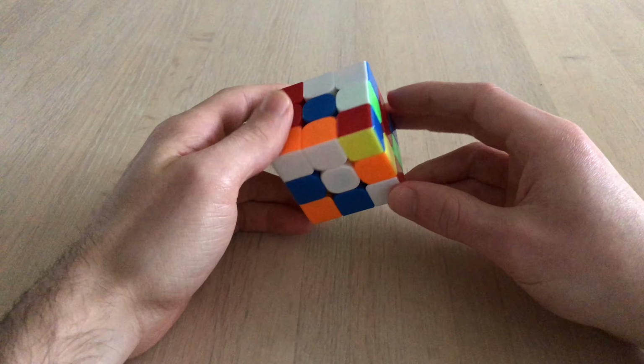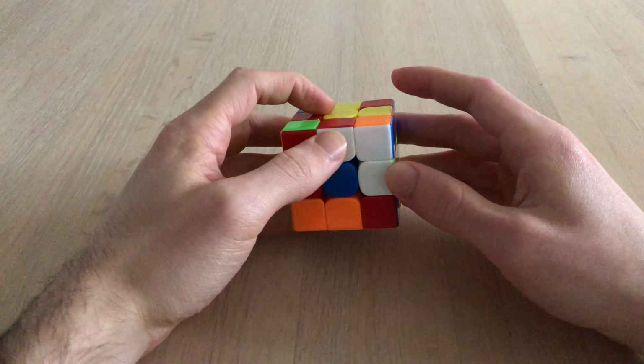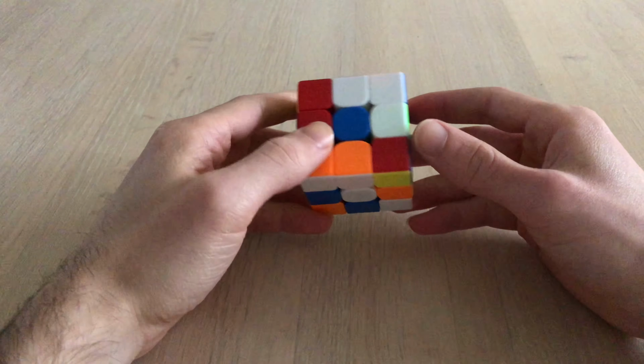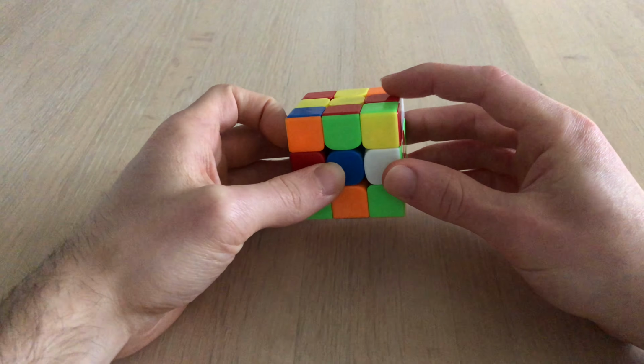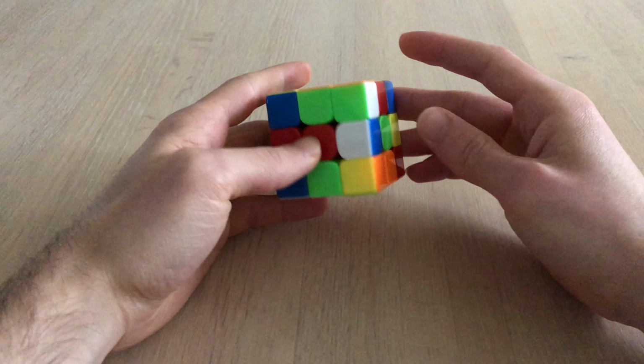For this scramble, I see all these white cross pieces right here. So what I'm going to do is D2. Move this red here to insert them at the same time. And then